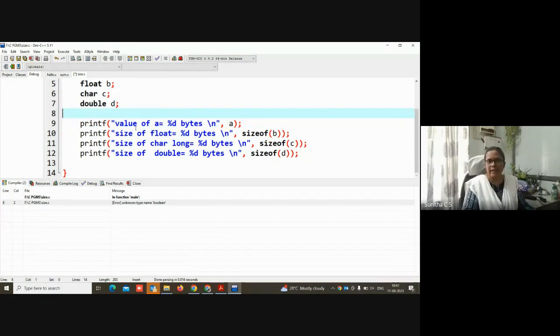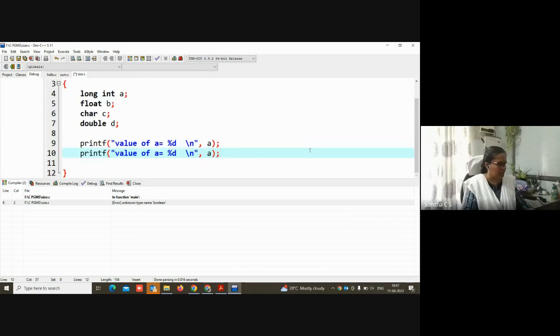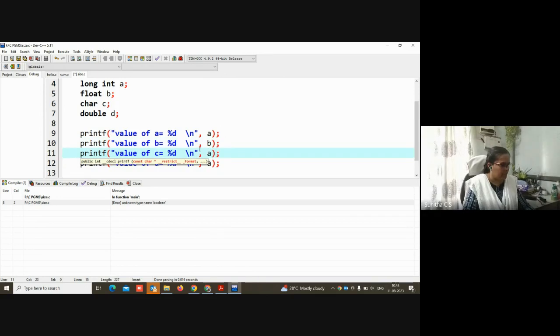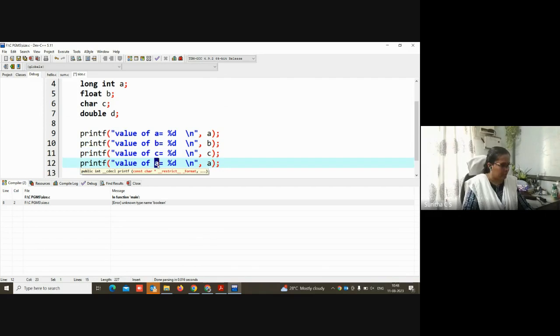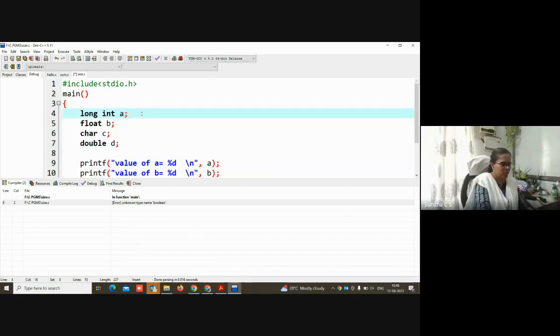So value inside a is equal to percentage d, bytes is not required, it is the value. You can go for the other things also: value of b is b, value of c is c, and value of d is d.